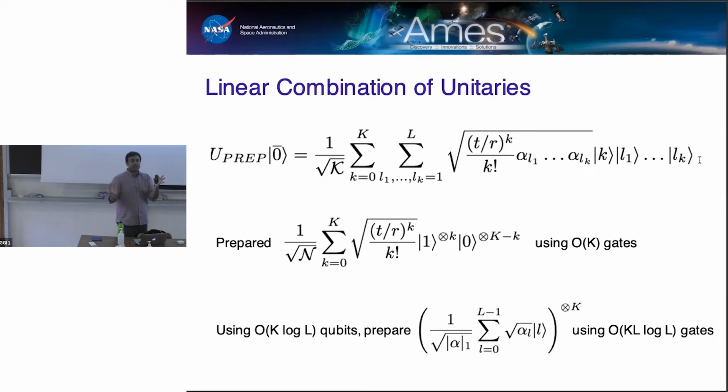Because there I had K many values and I used K many qubits, right? But here I'm using log L many qubits. And I will have K such registers. So in all, I will have K times log L many ancillary qubits. And in each one of those registers, I'm going to prepare basically this kind of superposition. Now we're going to see that each one of these is going to require L times log L many gates to prepare. And because I need to do this K many times, the overall cost is going to be K times L times log L. Okay.